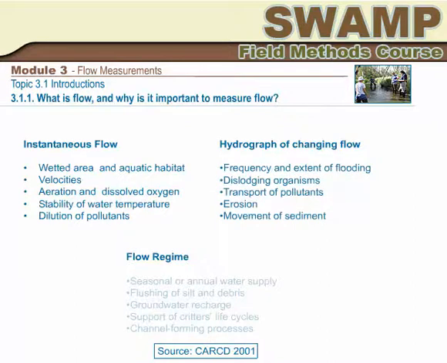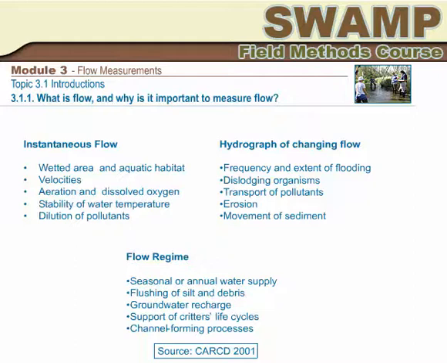Hydrographs of changing flow are used to document and predict the frequency and extent of flooding, the dislodging of flow-sensitive organisms or microhabitat structures, the distribution and transport of pollutants along the creek, the erosion and movement of sediment from creek beds and banks. Flow regime understanding is important in considerations regarding the seasonal or annual water supply to the stream and surrounding riparian zone,